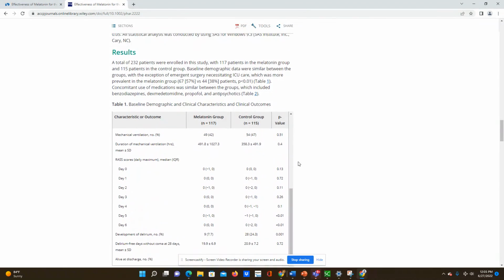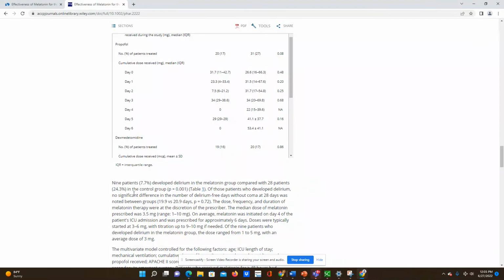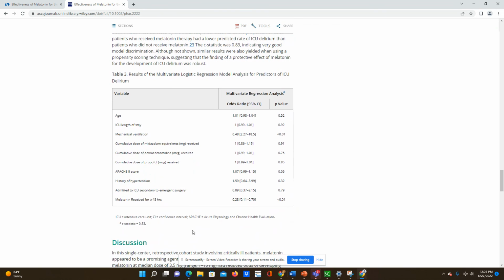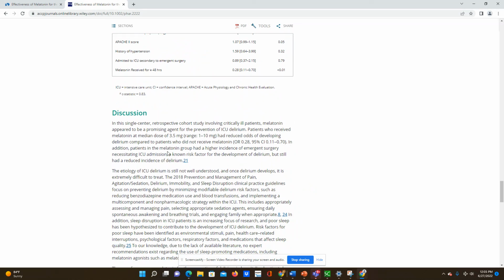And I'm looking for limitations of the study. Here's the dosage of melatonin. And they did a multivariate model controlling for the following factors. So they stratified the patients to see if something else was producing the benefit. So here in the discussion,